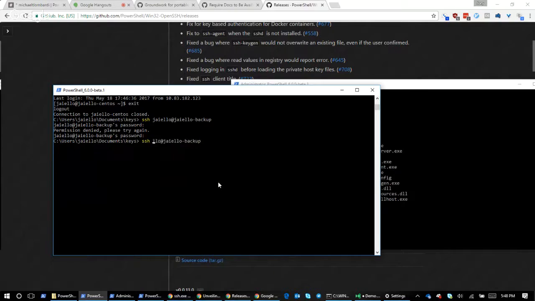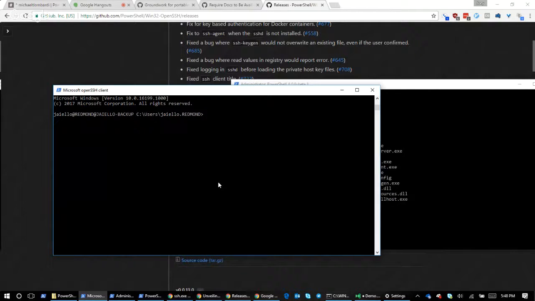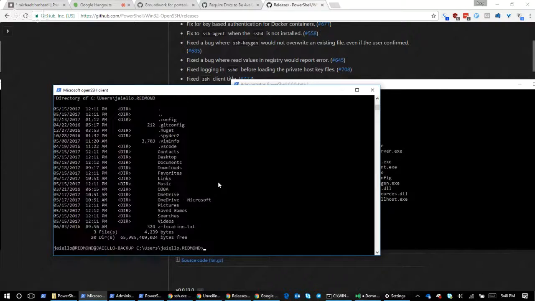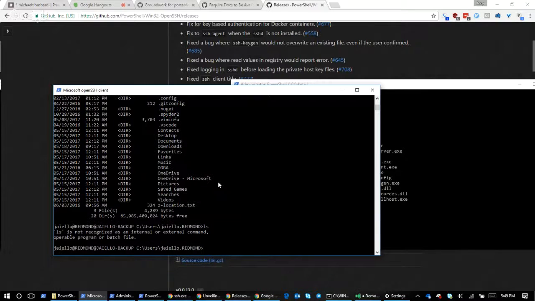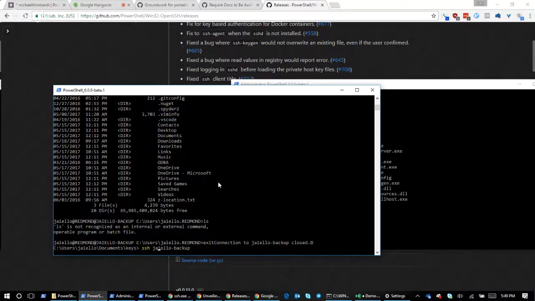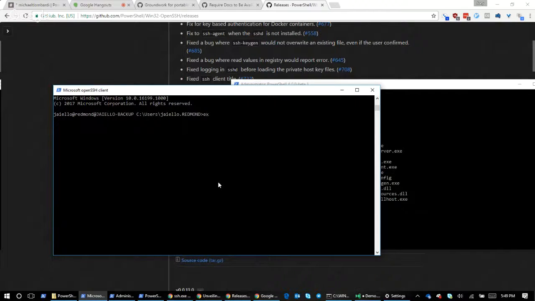I can not put anything, because I am Readme /Joey Aiello. So when I log in, look at that, magic, right? I'm now inside of CMD, right? I don't have LS because it's CMD. Similarly, if I did Aiello backup -L Redmond /Joey Aiello, this will do the same thing. L is like your login name. I think I can also do @, so I could say Joey Aiello @Redmond @Joey Aiello -backup. That's going to do the same thing.